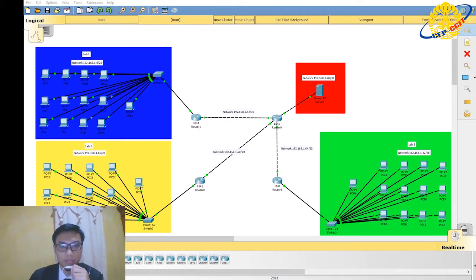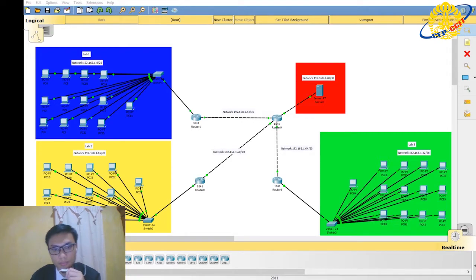The network hardware that we use in this project is 3 routers and 3 switches. And we are applying 3 topologies in our project. Each room has a different network ID, and in this scheme we make those 3 computer labs not connected to each other, but every computer lab is connected to the server, so every client in those labs can access the server.